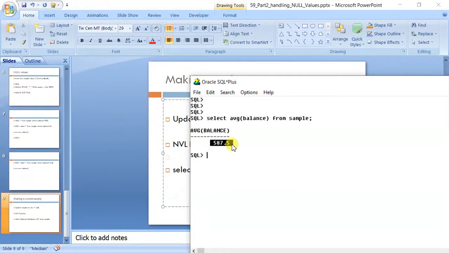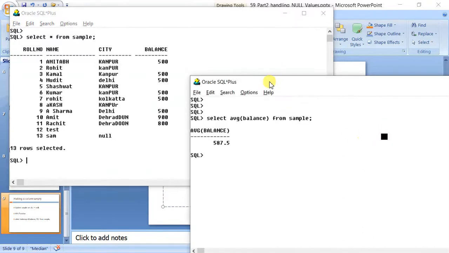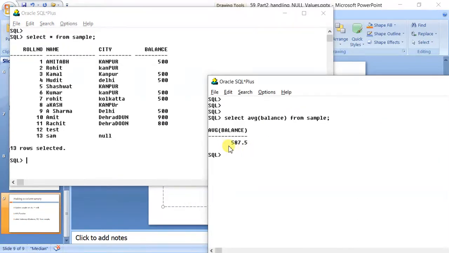This average is actually divided by only the 7 values that are present in the table, 1 2 3 4 5 6 7 8. However, the average should be computed by considering these also as 0. So sometimes if you don't use the NVL function, your mathematical function might not give you the correct answer.